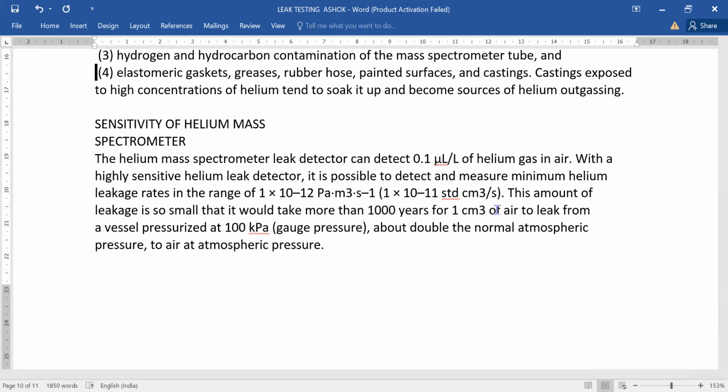The leakage is so small that it would take more than 1000 years for 1 cubic centimeter of air to leak from a vessel pressurized at 100 kPa gauge pressure. But because this is helium,